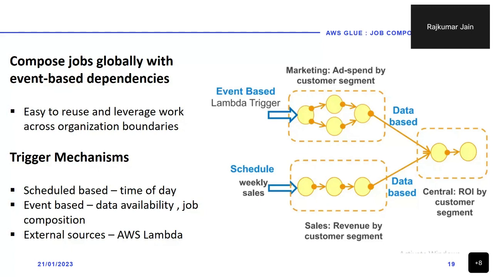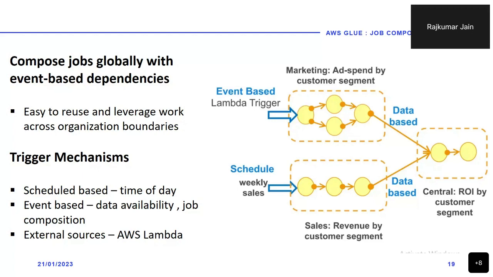So for example, you're at a company working in a different geography, and you want to collect the data from there. The job which you have created for this particular region, the same job you can use there, and you can get the data from there and store it into S3, and S3 is the global one,